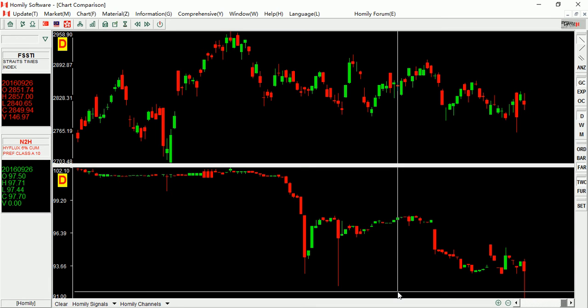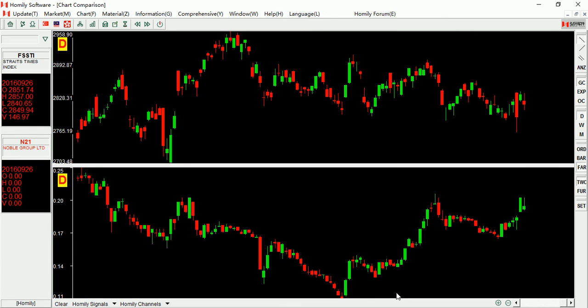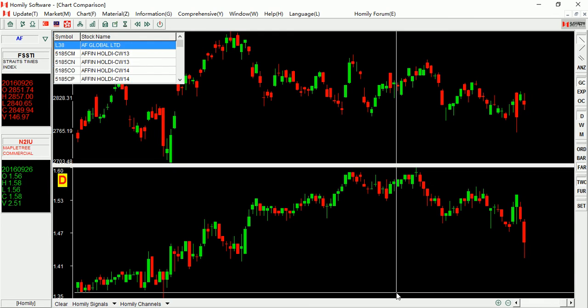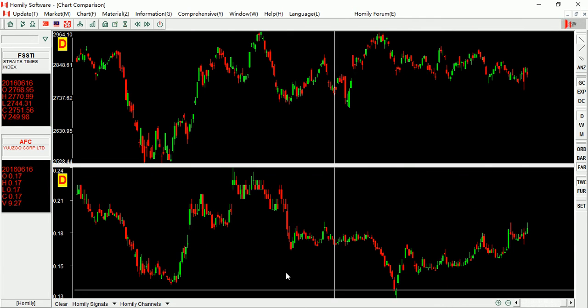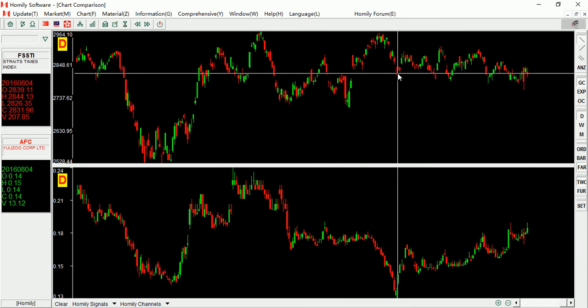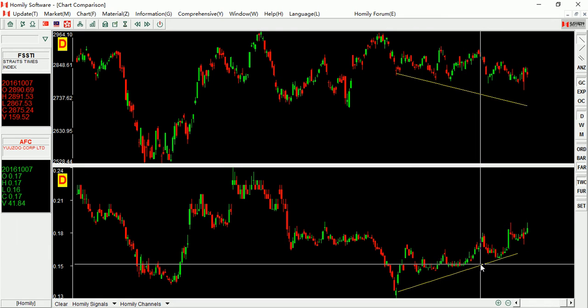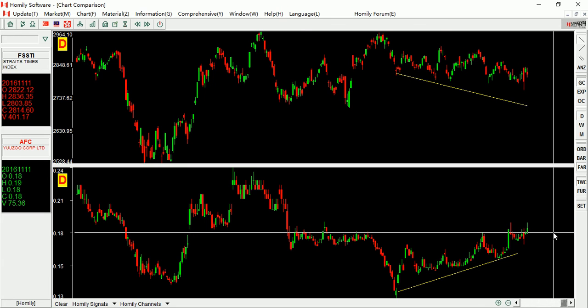Then let's see some stocks. So this stock is noble, right? Then we can see this one. Strong or not? So let's see this one. The low point is lower, right? The low point is higher. So this stock is stronger than the index. You should know, this one is stronger than the index. We should keep the strong stocks, not the weak stocks, right? So this one is stronger, right?